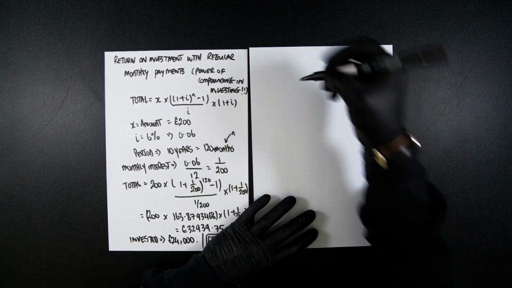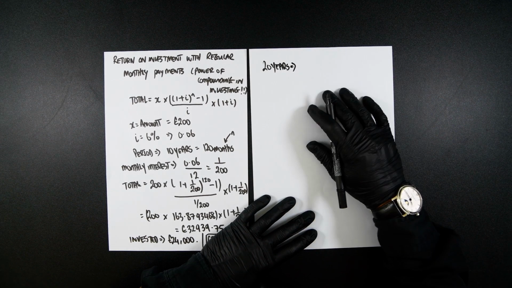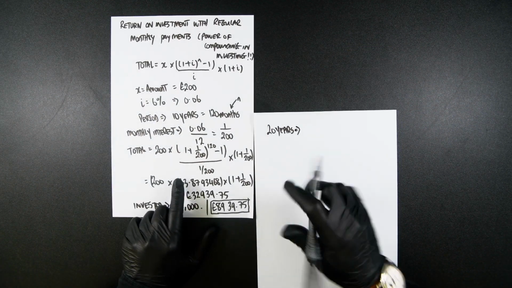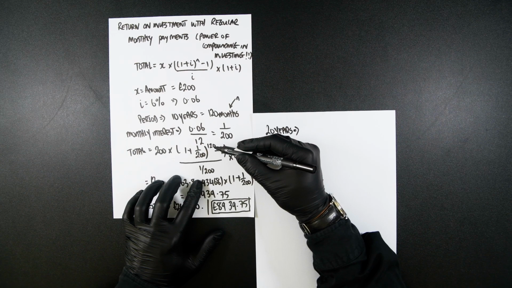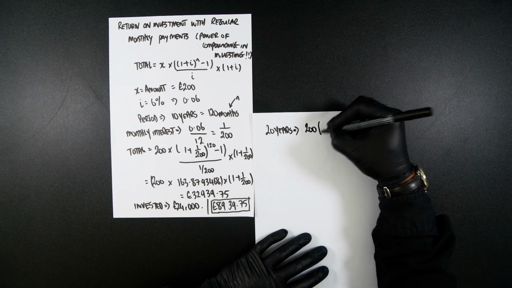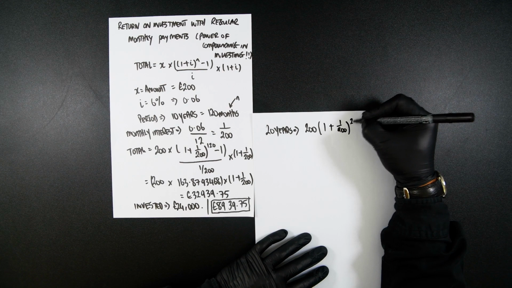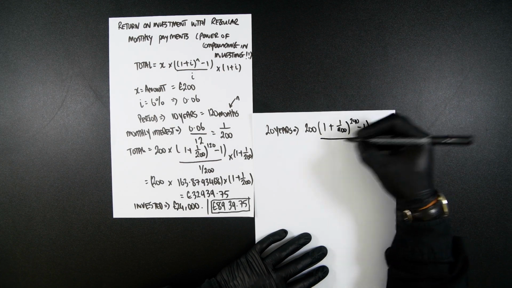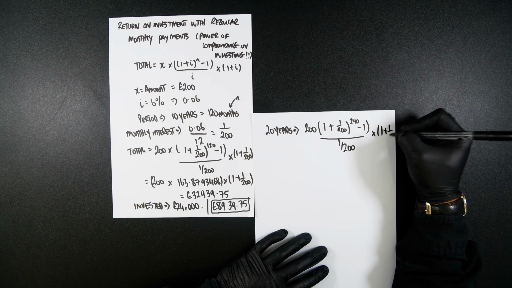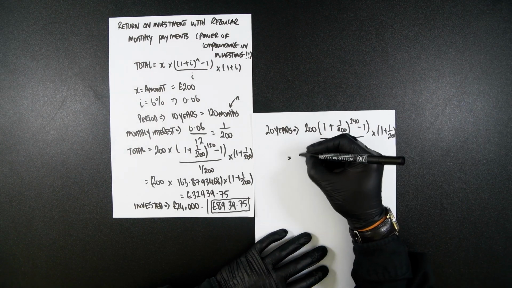Let's see what the difference is if we do 20 years. So if we're picking 20 years, it's going to be the exact same thing here. We're going to pick this equation. However, the number here is going to change. So instead of there being 120 months, it's going to be 240 months. So 200, 1 plus 1 over 200 to the power of 240 minus 1, all divided by 1 over 200 times 1 plus 1 over 200. The answer to this is going to be